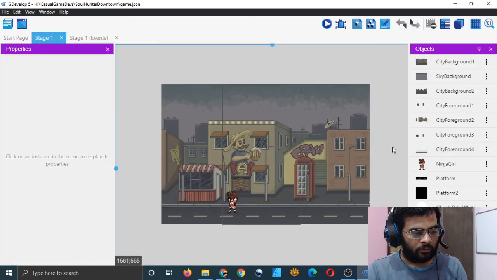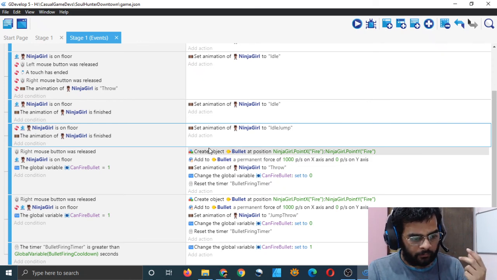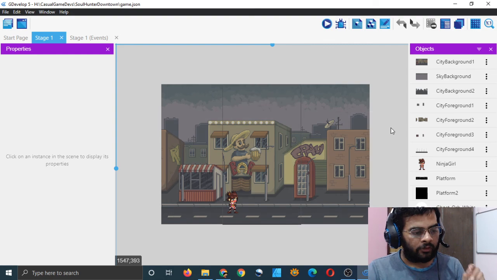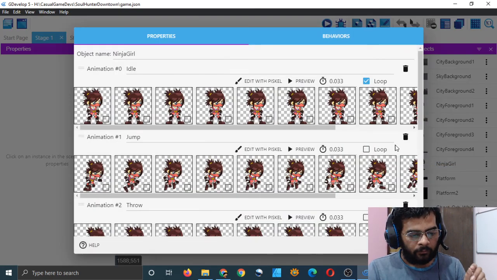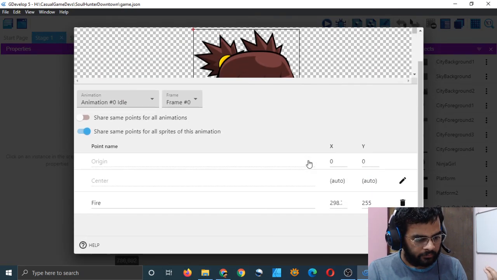Where was the hit point? Yeah, fire point. I'm creating a bullet at Ninja Girl point X fire. I have a point on the sprite called fire, from where bullets will originate. I don't have it in this sprite, so I will edit the point.